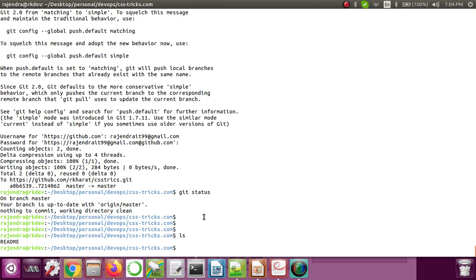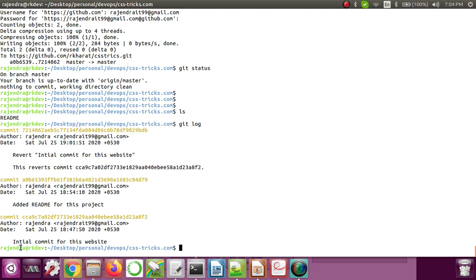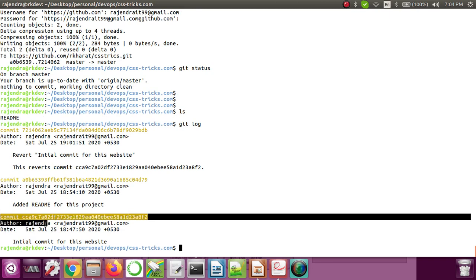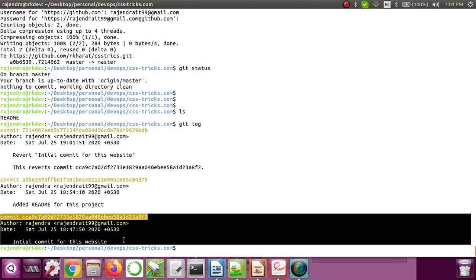If I do ls, there is nothing inside. Because if I do git log, here you can see that in the first commit we added the complete website, and in the second commit I added this readme.